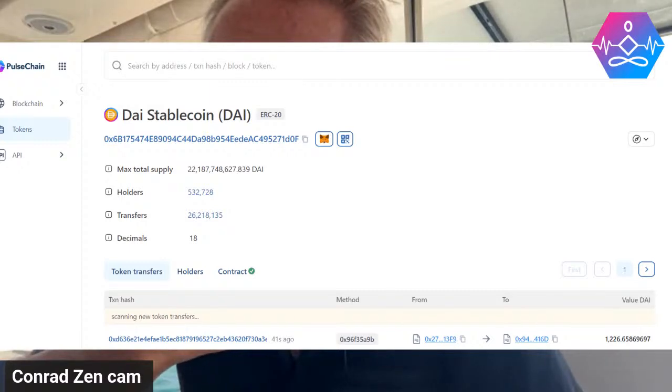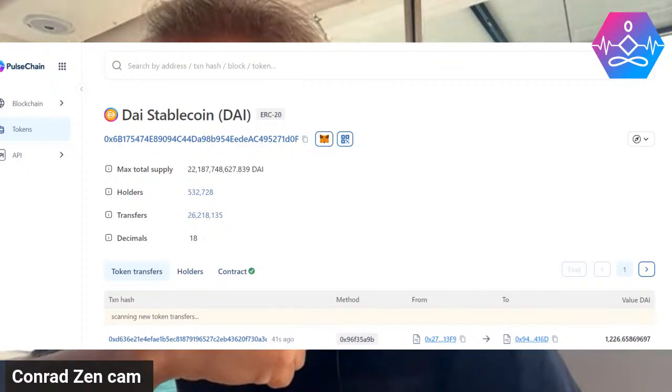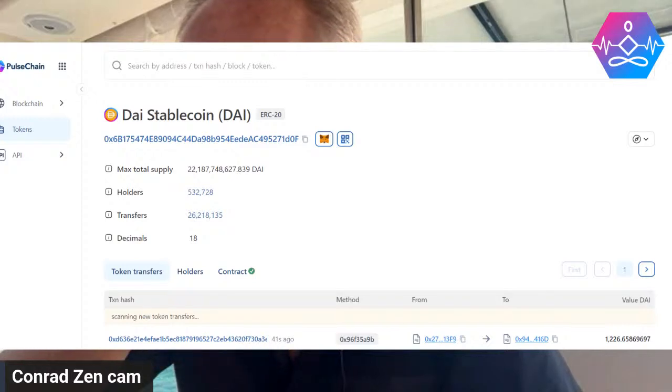This is a completely made up coin ending in 0F, okay? Two entirely different contracts, each with a different contract number. Be very careful about what you're doing. And you can see here there's about 22 million DAI